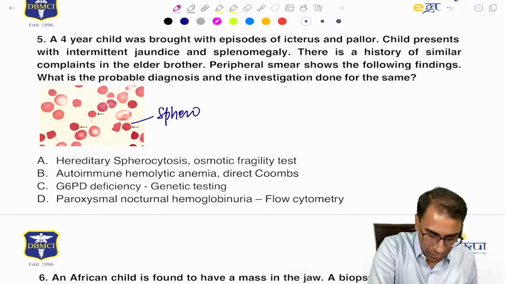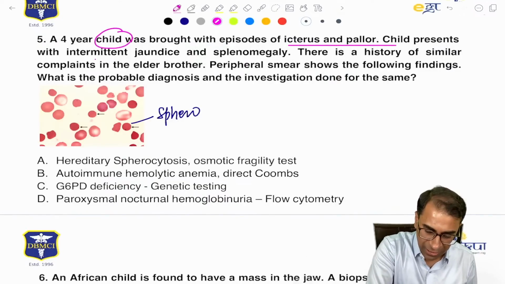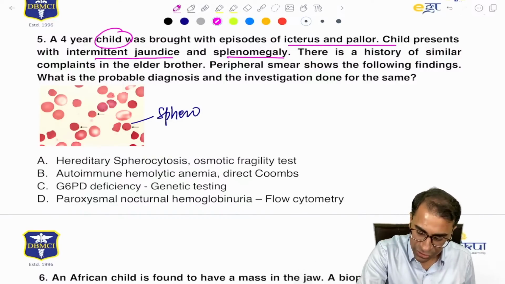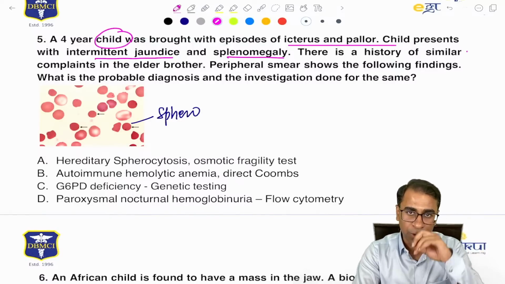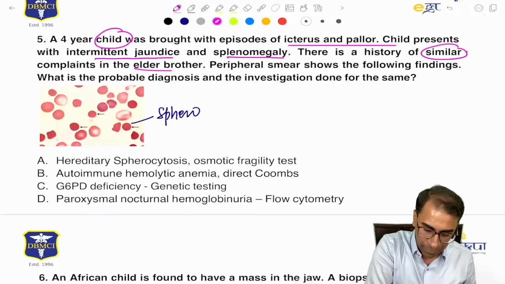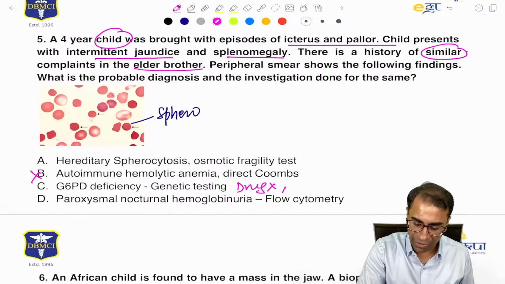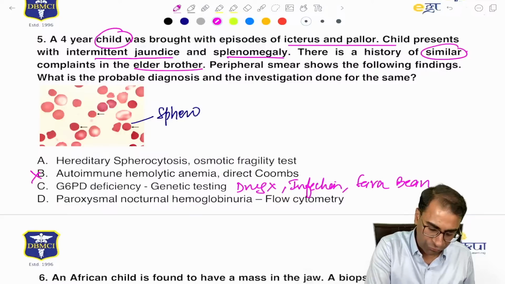So in the question, what you get striking is two things. Child hai, episode of icterus and pallor hai, and there is intermittent jaundice and splenomegaly hai. Very importantly, they have a similar history. It means it is something linked to the pattern of inheritance. So because it is a similar history in the elder brother, you cannot answer here autoimmune hemolytic anemias. Because in the absence of drugs, there is no history of drugs. There is no history of any infections. There is no history of any fava beans,